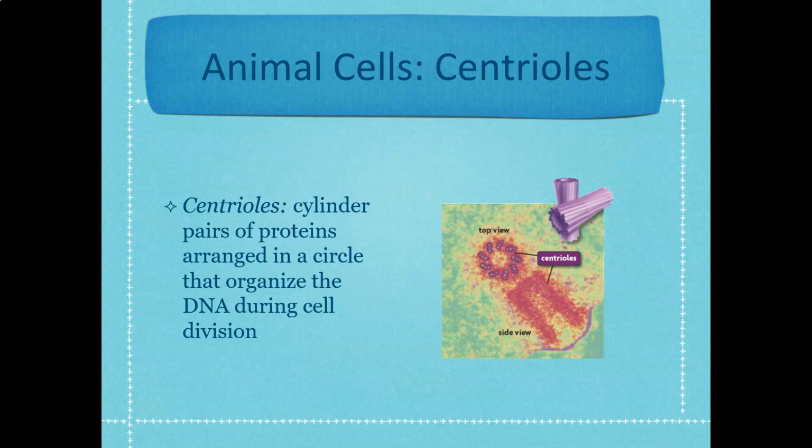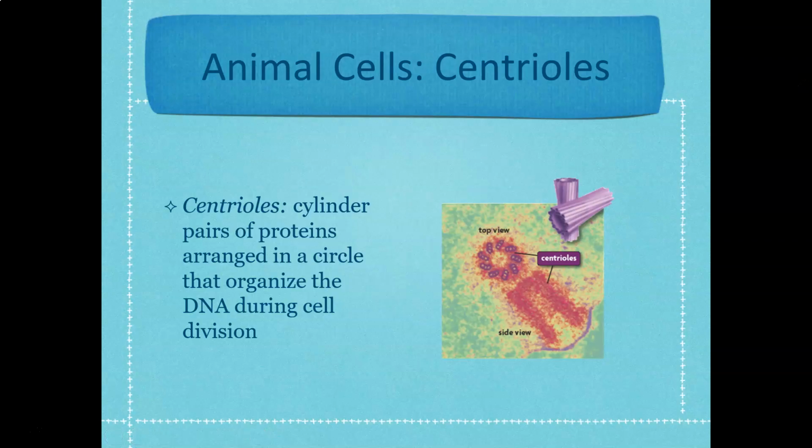All right, so we've talked about a couple of things that are plant only. Here is something that's animal only. These things are called centrioles, and they kind of remind me of Twizzler bites. They're actually part of your cytoskeletal structure. They're made of microtubules. Remember, those are those tube-like structures that are part of your cell support